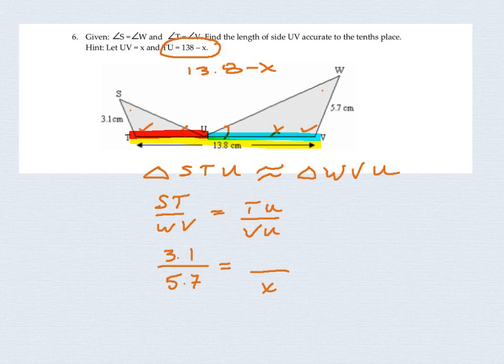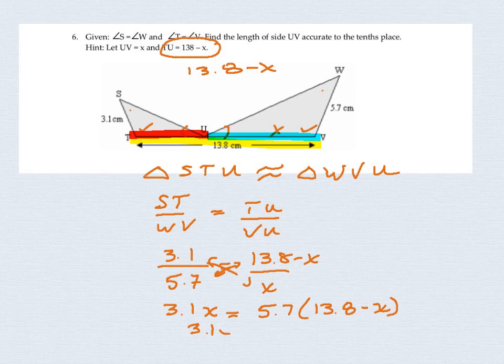So we're coming back to having an algebra question in the middle of a similar triangle question, but they're still doable. So we're going to cross multiply. When we do, we're going to get equations. So watch how I get beyond this step. 3.1 times X is 3.1X. 5.7 times 13.8 minus X needs to be written in a bracket so that we can solve it. Now, the next step, if we had more room, would be to clear the bracket. So 3.1x on the left is going to equal, going to multiply 5.7 by both terms,